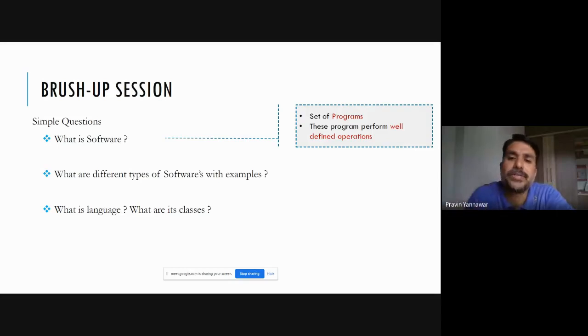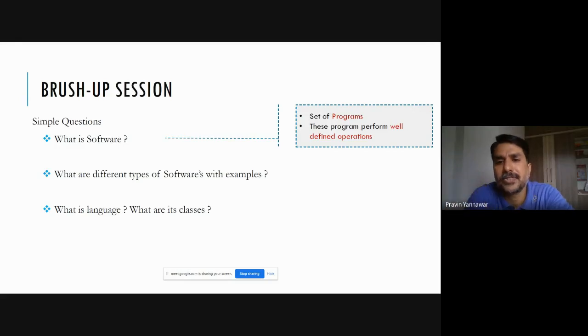In the operating system subject itself, your teacher might have told you the kind of resources managed by the operating system. Those resources are managed by the system software called operating system, whereas application software is installed on top of the system software. To manage all your application software, what you need is system software. For example, Microsoft Office is one of the application software.